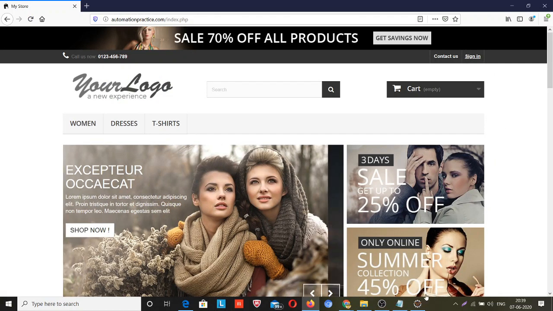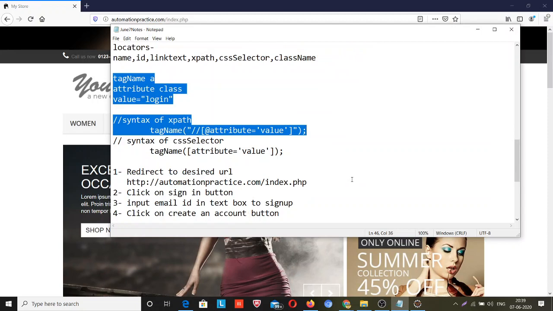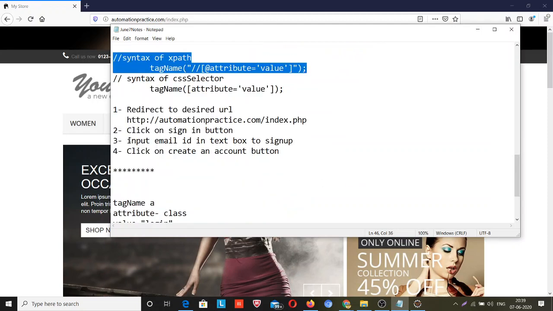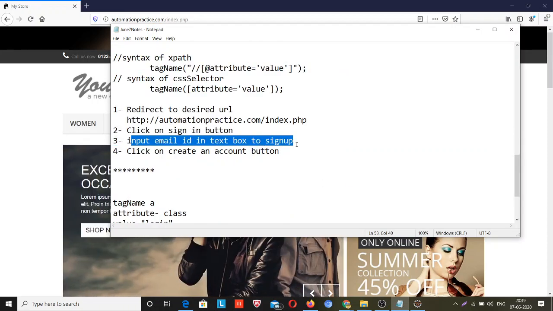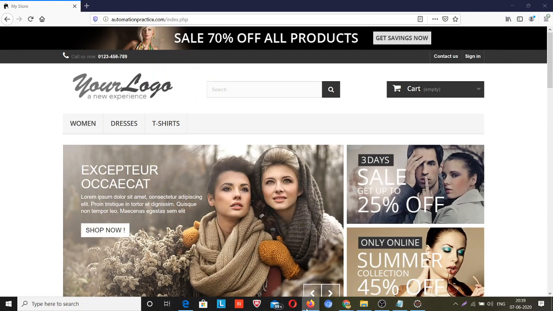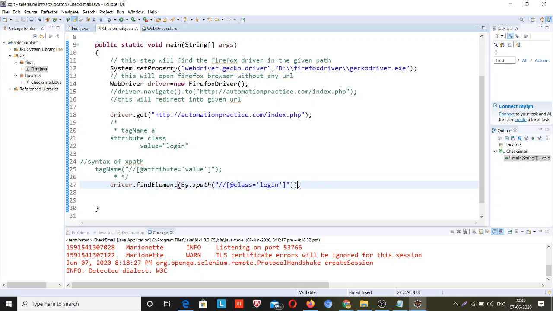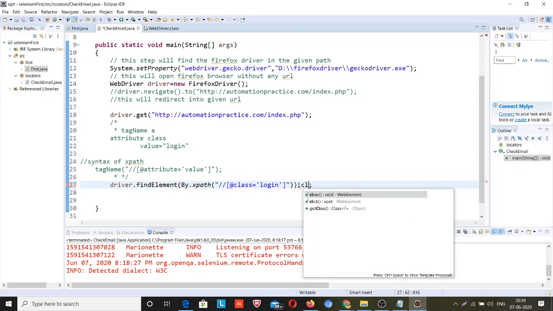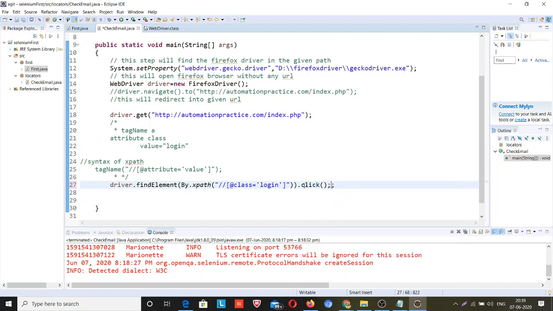If I want to jump to this third step, on that text box, then I need to click on it. So simply dot click, select this, and now I will run my script.